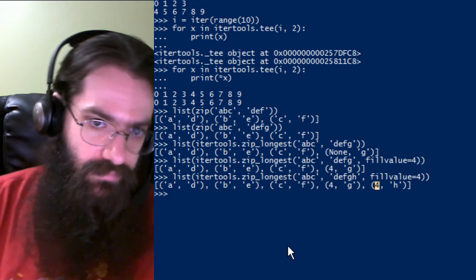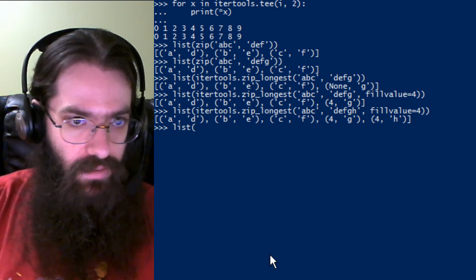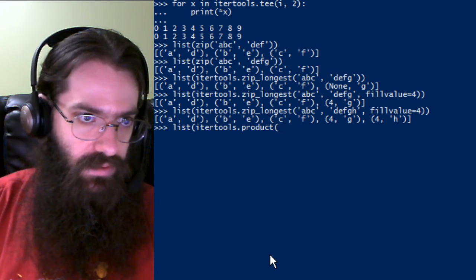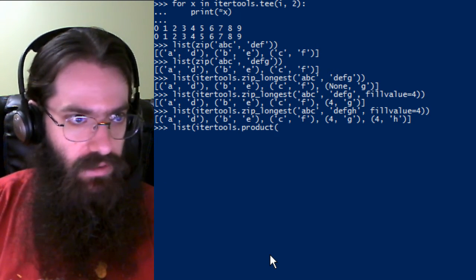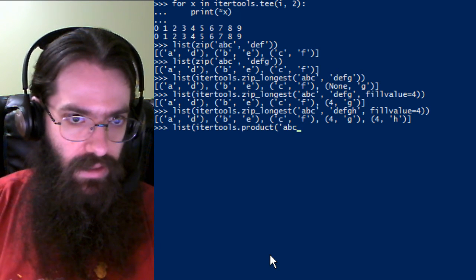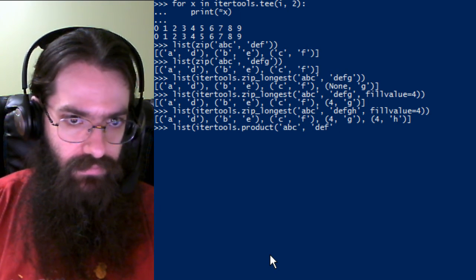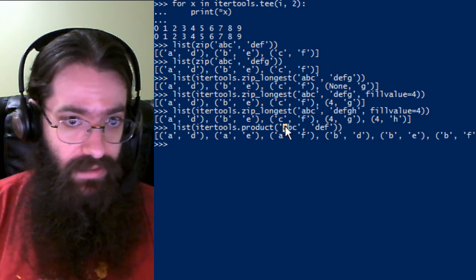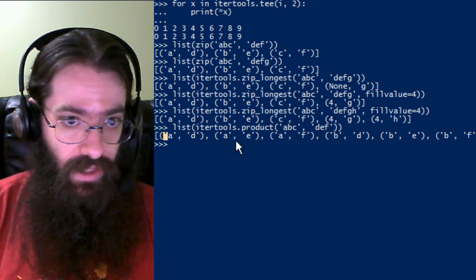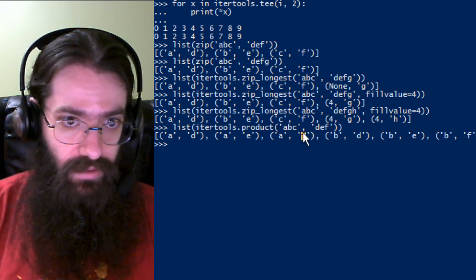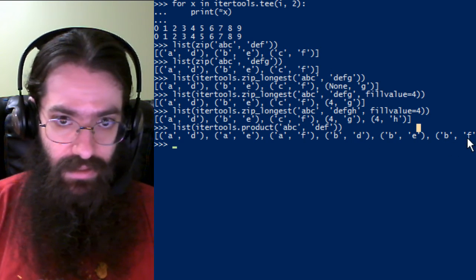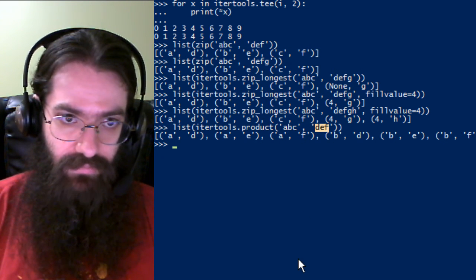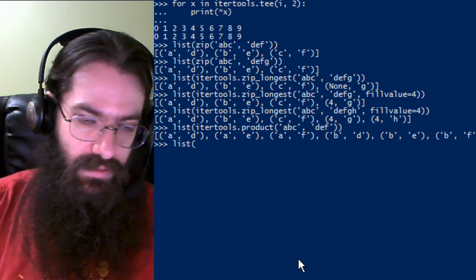Product. The itertools.product is the Cartesian product, which is equivalent to a nested for loop. Let's do ABC and DEF. Lots of stuff. We have A and then D, and then we stick with A, we go D, E, F, and then we go to B. We go D, E, F, and it continues with C and then D, E, F, which is equivalent to list